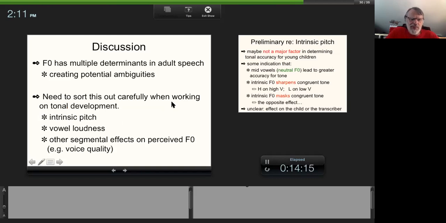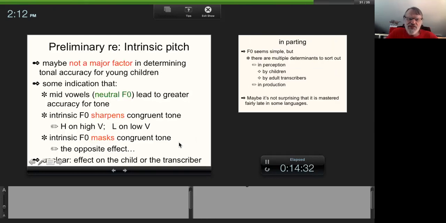So where are we? Well, fundamental frequency has multiple determinants in adult speech. It creates potential ambiguities. We probably should be sorting out effects of intrinsic pitch, of vowel loudness, of other segmental effects. But intrinsic pitch does seem to have some effect. Maybe it's not the major one, but it does seem to have some effect. Mid vowels may be showing up with their neutral fundamental frequency, showing up with greater accuracy for tones. Intrinsic pitch may be sharpening congruent tones so that high tone is better on high vowels, low tone is better on low vowels,